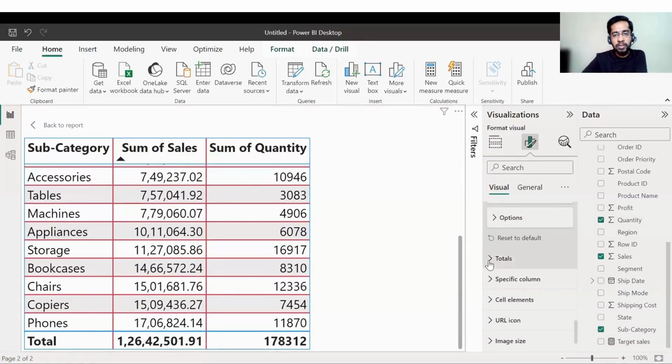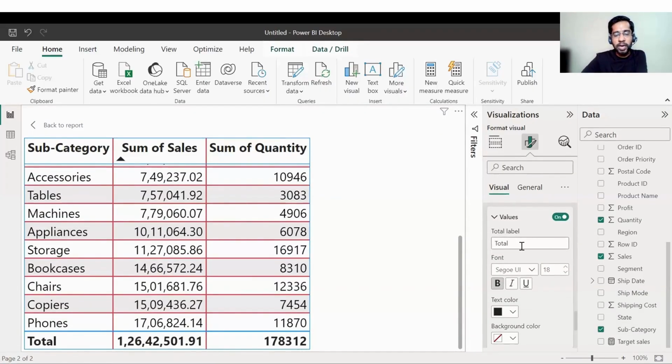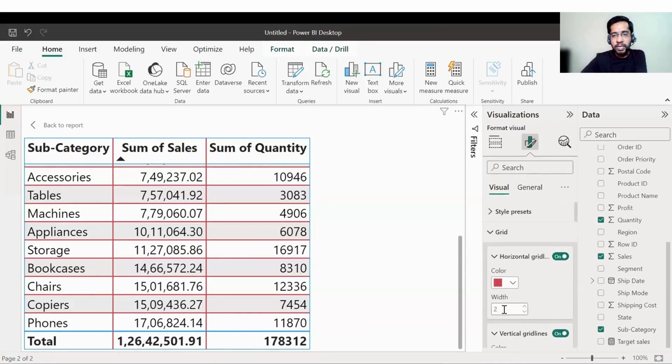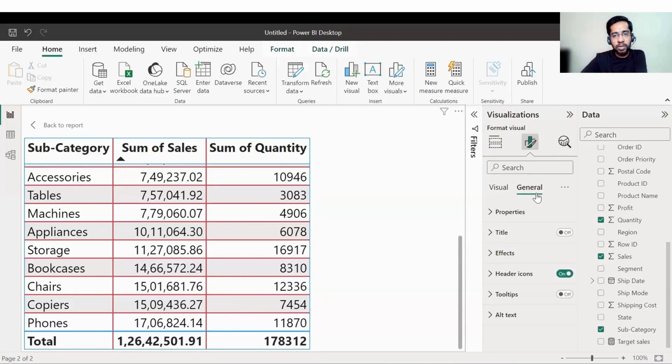So for the total parts, I have this totals option and you can control the totals from over here. So let's say if you want to make it bold, which is already bold right now, if you want to change the font size, color, everything can be done from over here. So these were some of the important things that you can do while you're working with tables in terms of formatting. Then the next one is the general one,